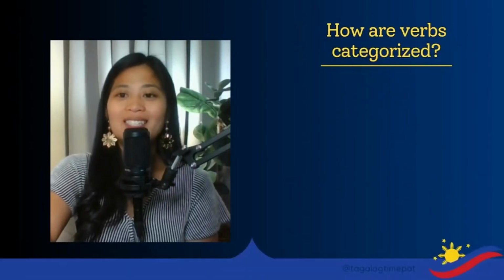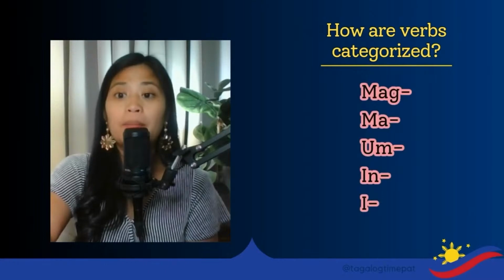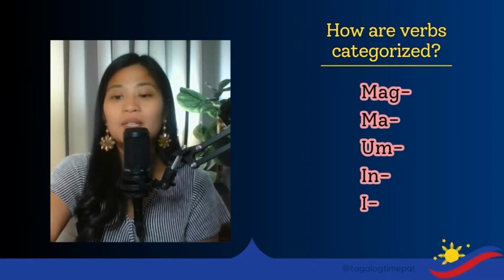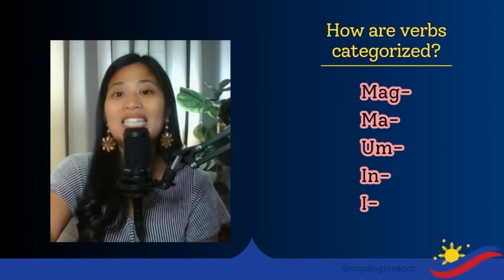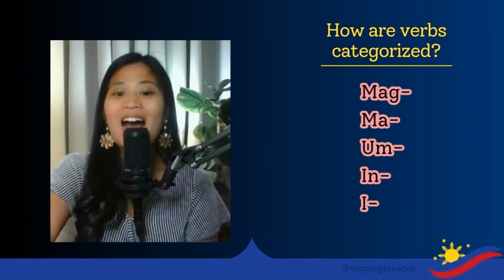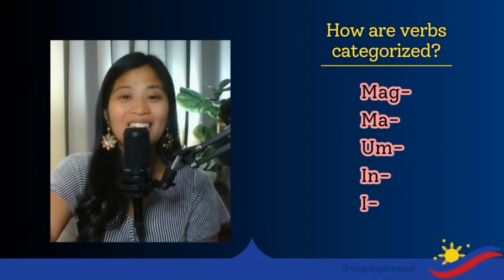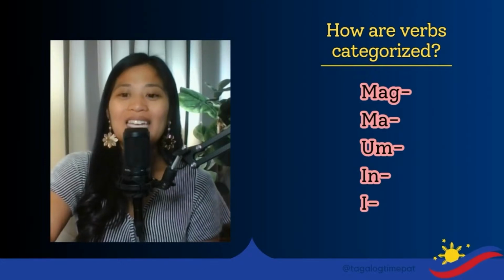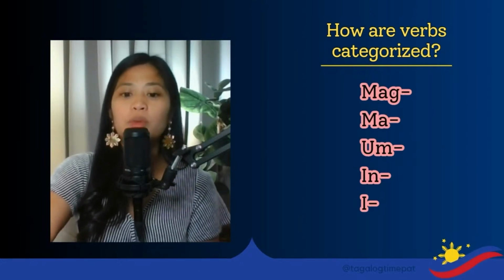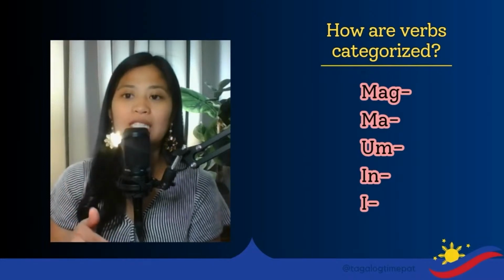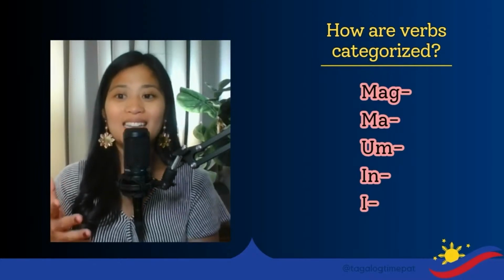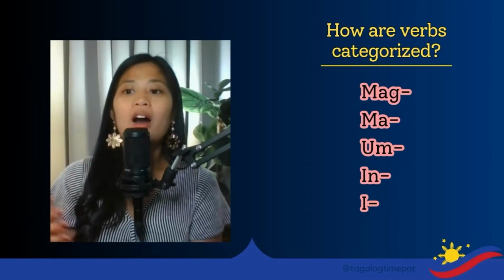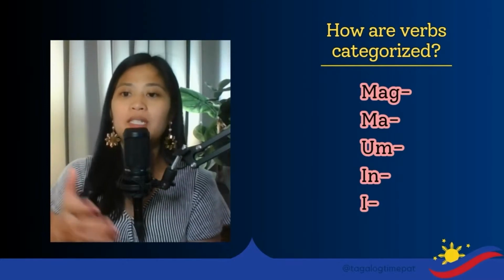So I always get asked, how are verbs categorized? Why are some verbs mag, some are ma, some are um, some are in, some are i? I've looked it up, and honestly, I have not found a consistent answer for that question. I think it goes back to baybayin, the ancient Philippine script. Back in the day, all of these verbs were just organized into these categories, and it was passed down throughout the years. And as Tagalog has evolved over time, all of these verbs have just been accepted into these